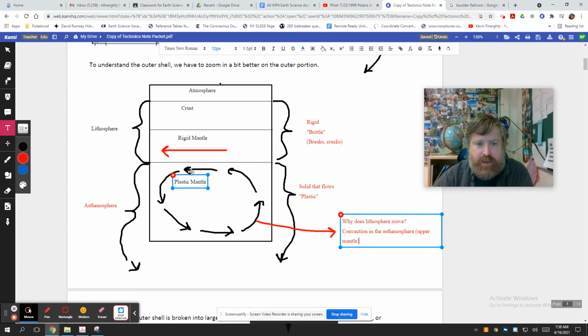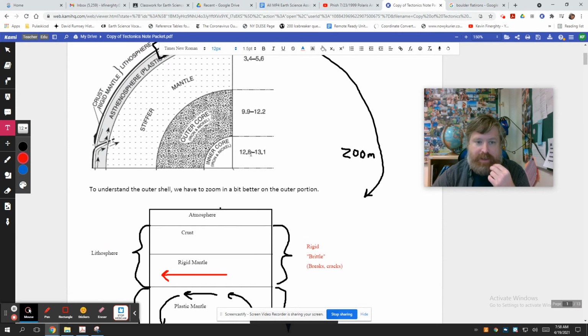Convection in the asthenosphere is why this moves, in an oversimplified sense. Now again, earthquakes, volcanoes, things like that are a function of this behavior. So chemically, we can say that there's a crust, there's a rigid mantle, there's a plastic mantle. Behaviorally, there's a chunk that cracks and there's a chunk that flows, and that cracking is going to be down the road why we end up talking about